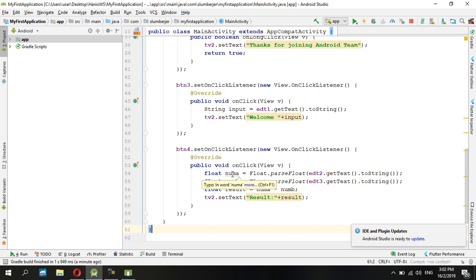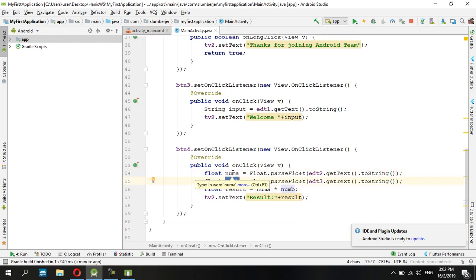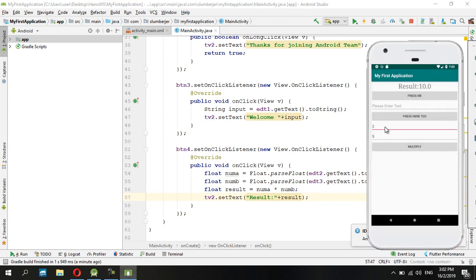So what I did here is define 2 variables, use the Float class and the parseFloat method to convert the string value to a float. The value that we get is from adt2 and also adt3. Once we get these 2 variables, we can perform the operation, which is result equals num a times num b. And finally, we set the result with setText result. Thus, when we press the button here,